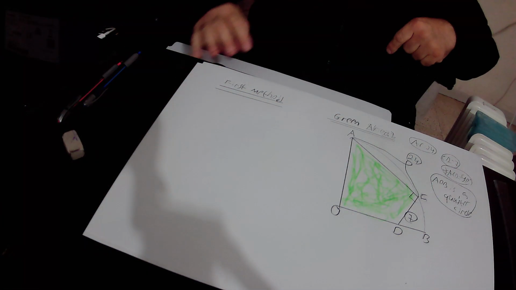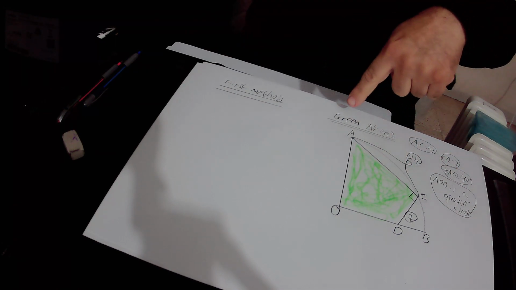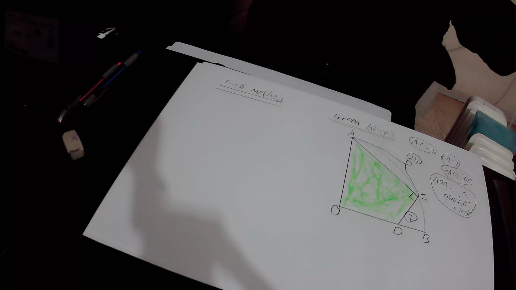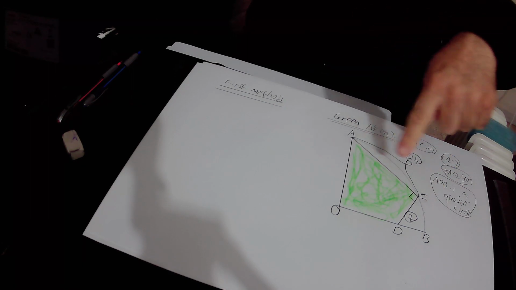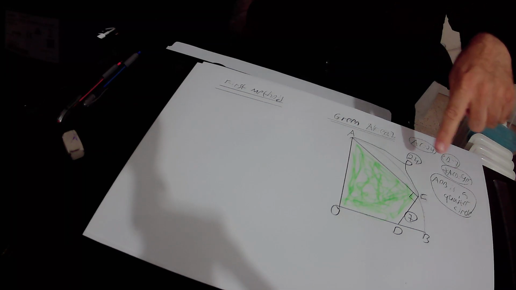Hello, in this lecture we'll find out the area of the green shape using two different methods. In the drawing we have a quarter circle. AOB is a quarter circle. Inside the quarter circle we have quadrilateral ACDO, and we have to find out the area of this quadrilateral, the